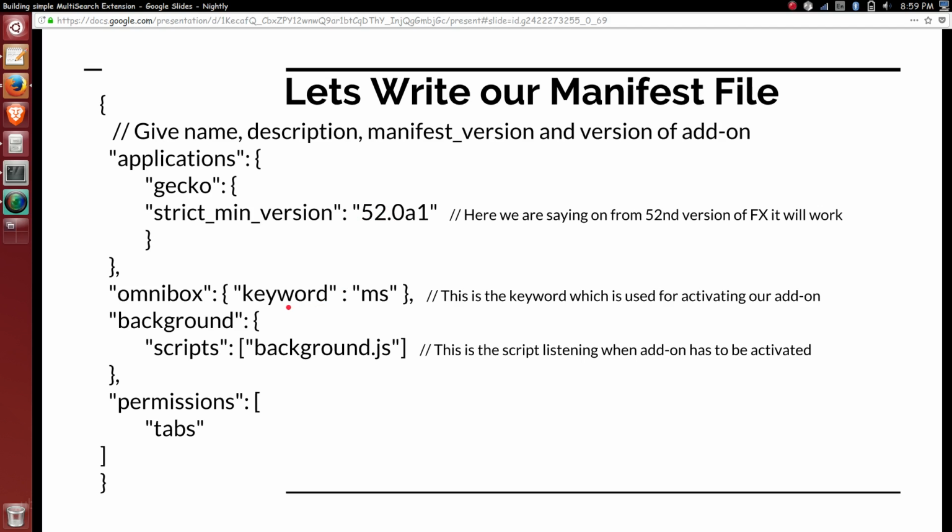Next, as told before, we are going to use the Omnibox. When we use the Omnibox, we need a particular keyword to trigger this add-on.